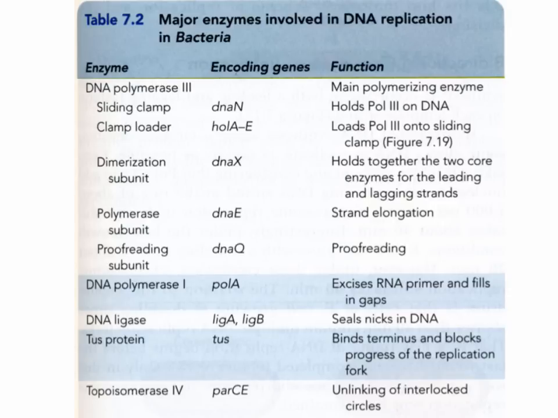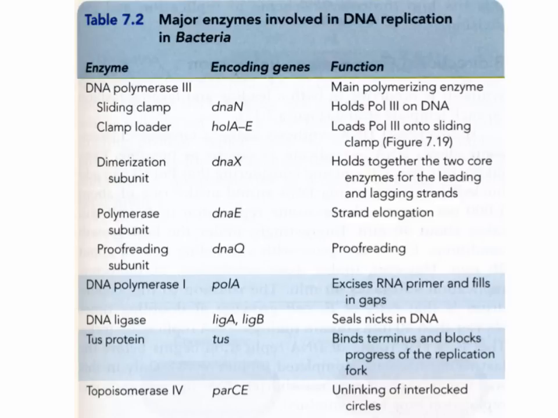The polymerase, DNA polymerase 3, is a multi-unit polymerase, and it has a clamp that is going to be the sliding clamp, that's DnaN. The clamp needs to be loaded, so you need the whole clamp loader complex. You have DnaX, which is going to allow that unit to dimerize, so therefore you can have 2 polymerases placed in one area. Of course, the DNA polymerase unit per se, that is DnaE. And then you have the proofreading unit, that is DnaQ. The proofreading unit is the one that allows the 3' to 5' exonuclease activity to correct mistakes